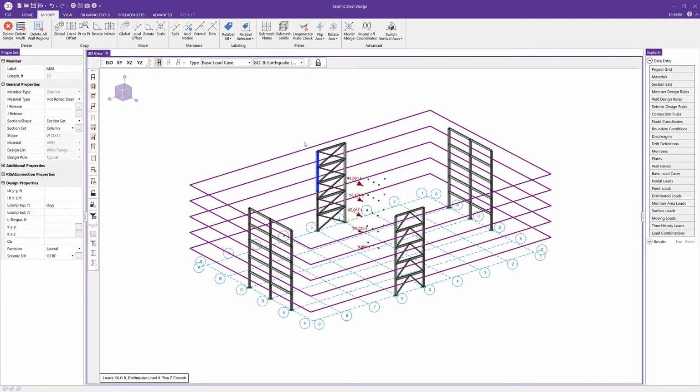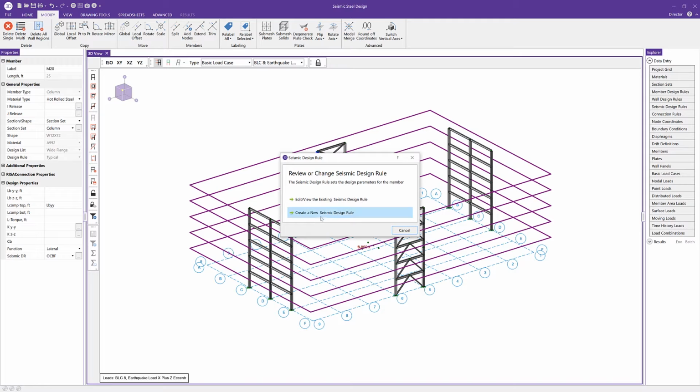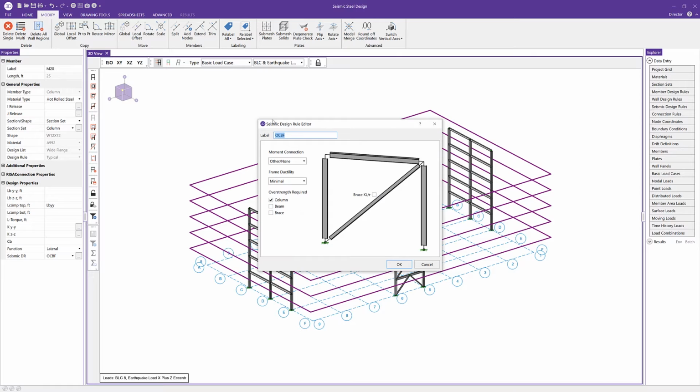If I wanted to see all the parameters of that particular seismic design rule, I can click on the ellipsis button here to either create a new rule or to edit and view the existing design rule. So that's what we're going to do. We're going to edit or view that. We can see all the properties of this ordinary concentric brace frame. We can see what type of moment connections we want to use, what's our frame ductility, where we want to require overstrength, and also if we want to include KL over R limits for slenderness